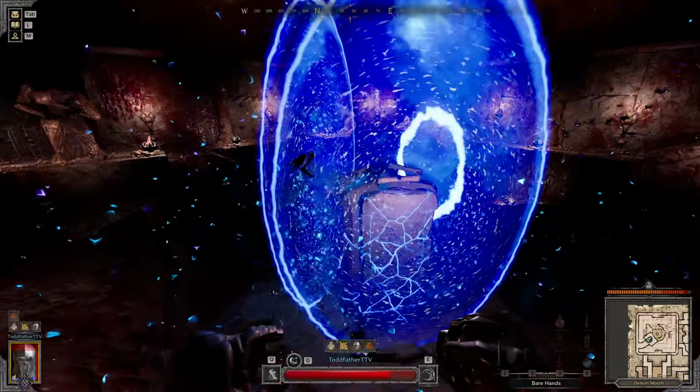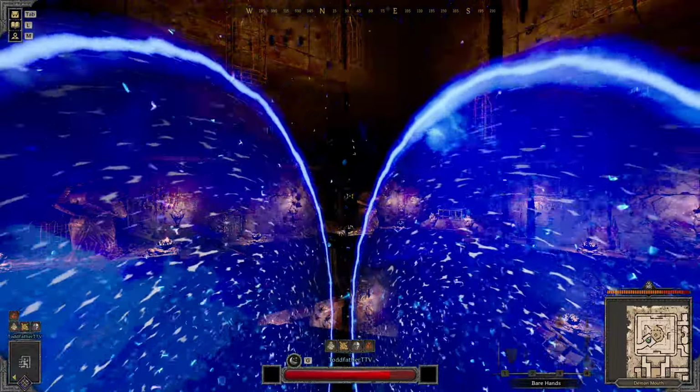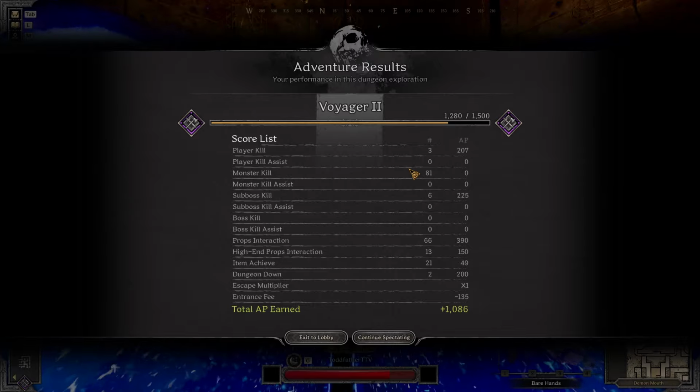Alright. And let's see how much we get. I'm gonna guess 1232. Let's see. It's probably gonna be way lower than that. But it was a pretty good AP game. 1086. Not bad. I mean, this is kind of just showing, like, you know, let's say if I were Demigod,